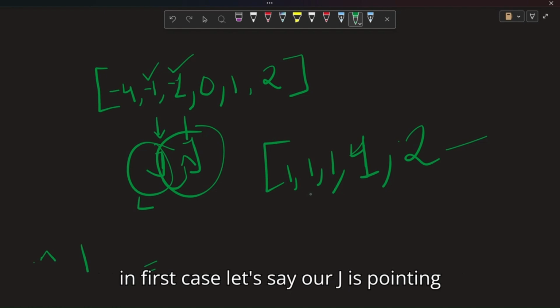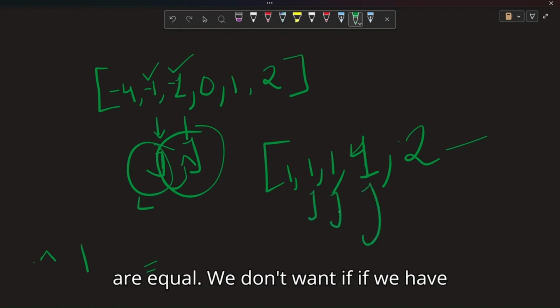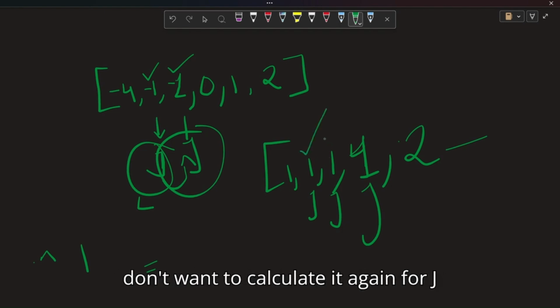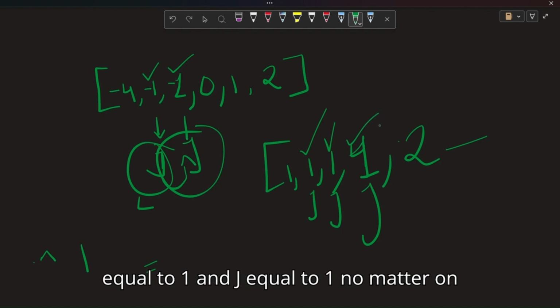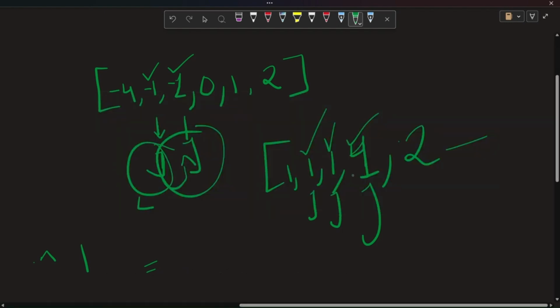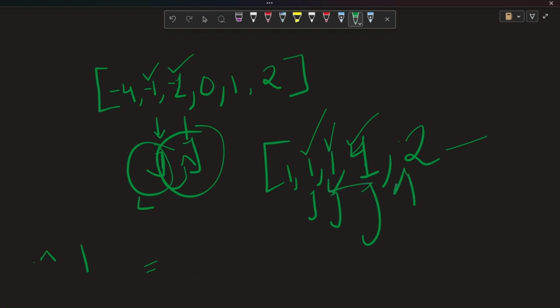So in the first case, let's say our j is pointing here, then here, and then here. These three elements are equal. If we have calculated our sum for j equal to 1, we don't want to calculate it again for j equal to 1, no matter at which index j is present. So in that case we will skip these elements and move towards the unique element.